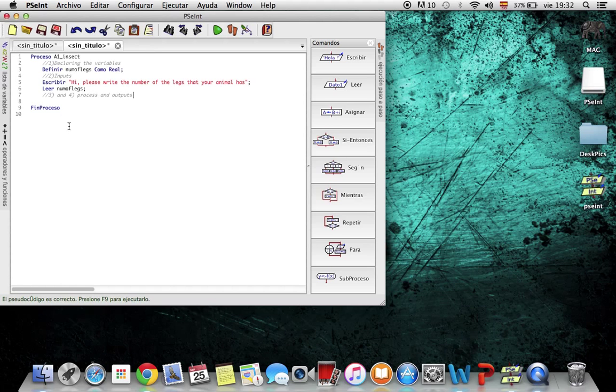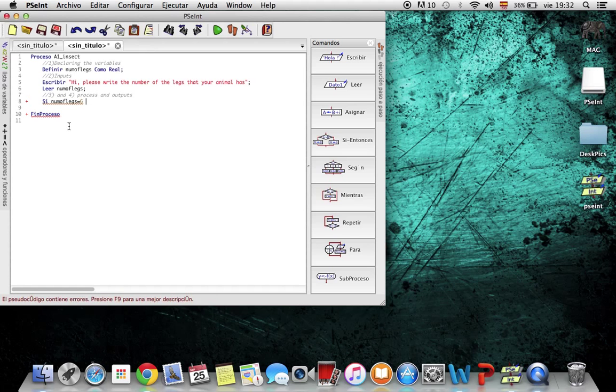Okay, that's right. This is the part where you state how the computer will know if it's an insect or not, and through what it will know. In this case it would be through the number of its legs. So you have to put C, which would be like if number of legs, there it is, is equal to 6,